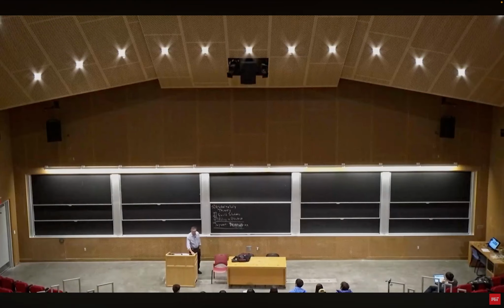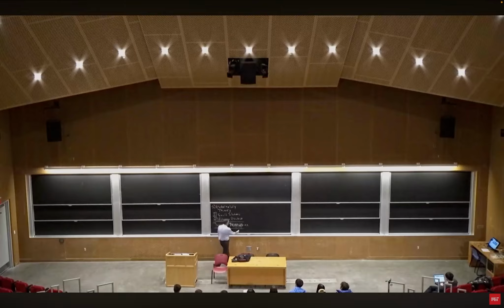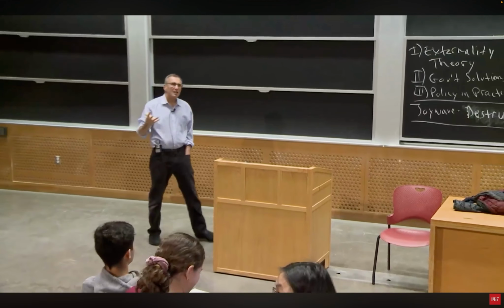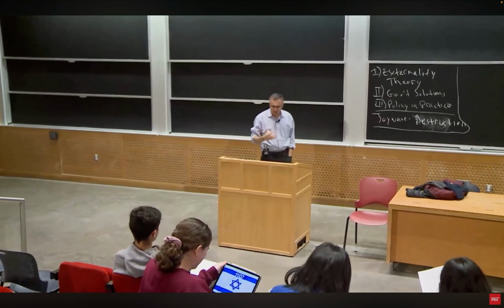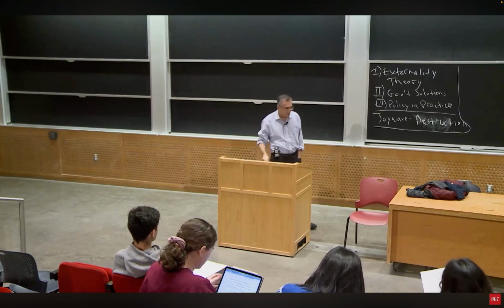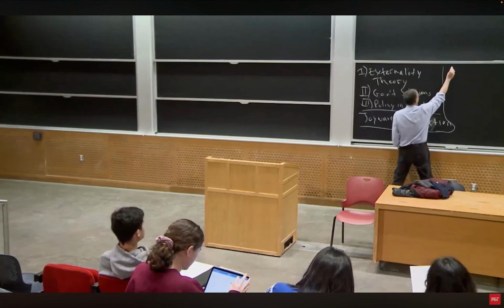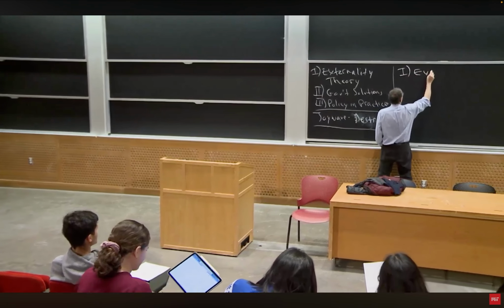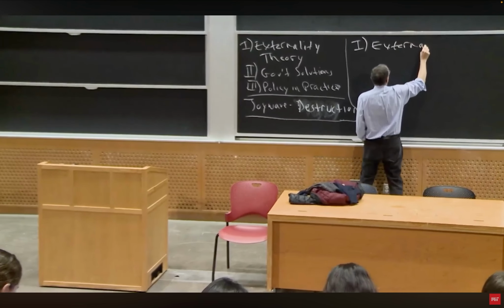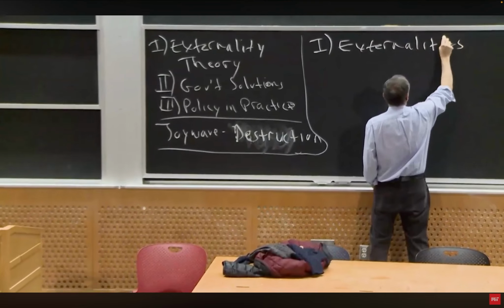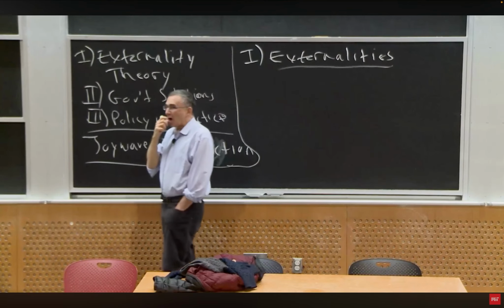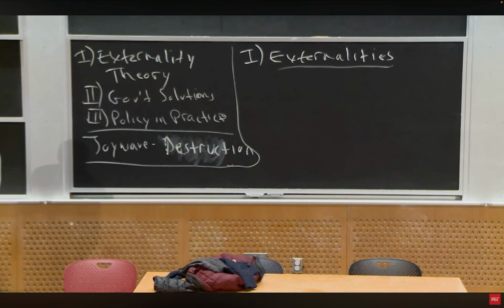Today, we're going to continue our application of what we've learned so far. And today, we are going to really dive in to what we could consider the mother of all market failures, which is externalities. The single most classic example that economists use when they talk about market failure is externalities. And today we're going to talk about externalities, what they are, why they represent market failures, and what governments can